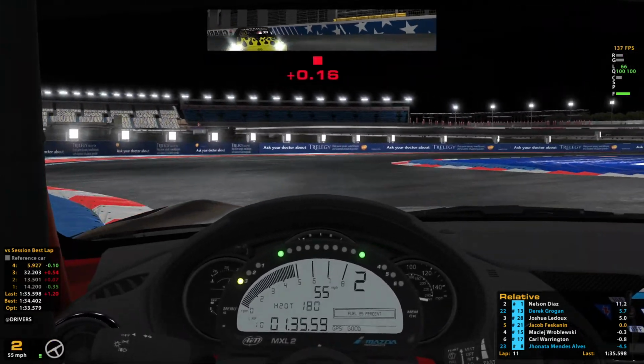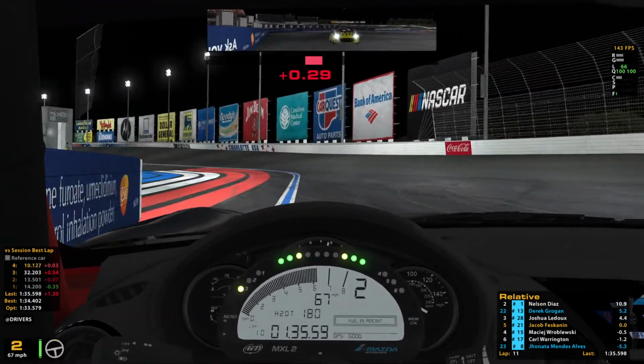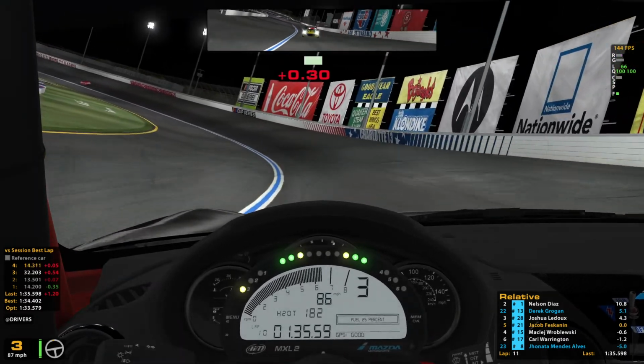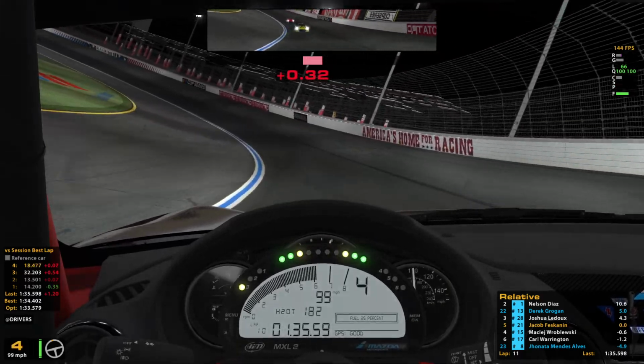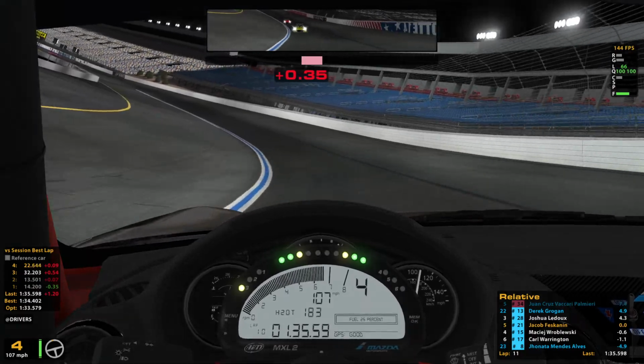Looks like he backs out, so we're going to take that spot. Use all the track. Force them to find the gap. Just try to see if we can pull away from him. Definitely don't think I have any shot at 3rd. Trying to get to the 28 with him being 4 seconds ahead. We'll check the gap at the line, but man,